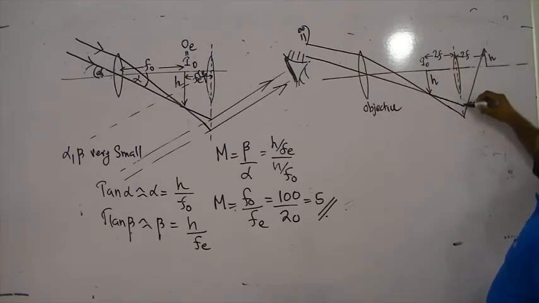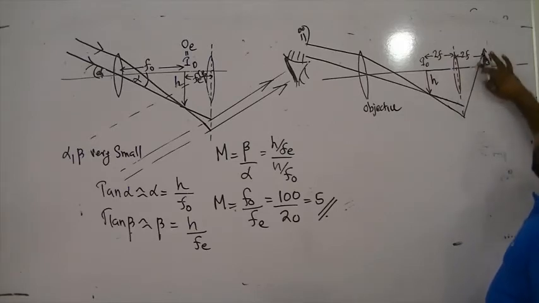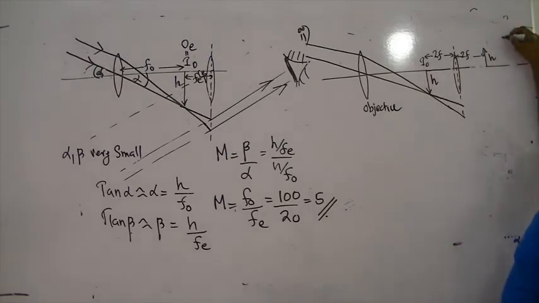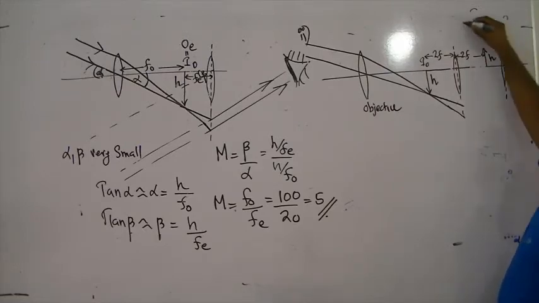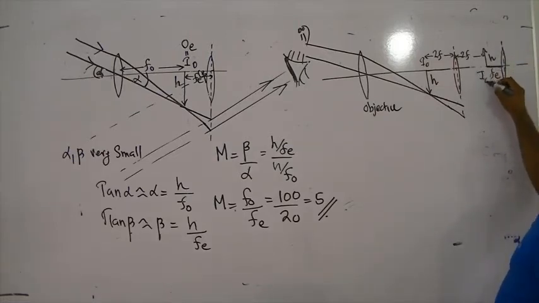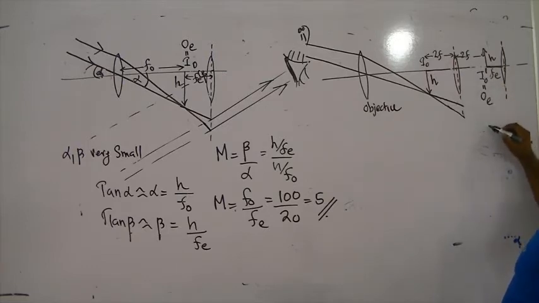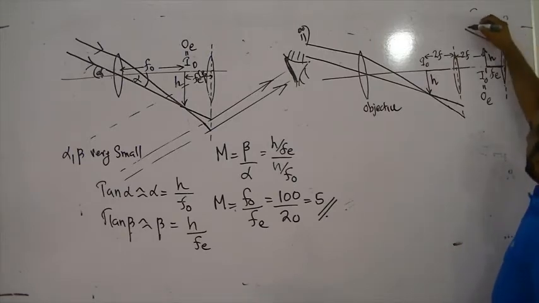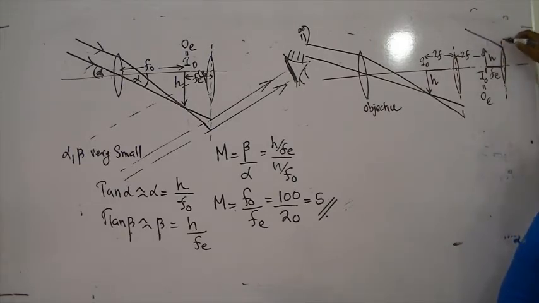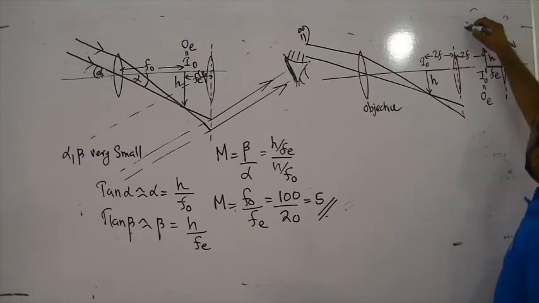Something that comes on top will be at the top, something that comes at the bottom will be at the bottom, like that. So something like this. Then you have the eyepiece somewhere here, so that the final image is at infinity. This is the focal length of the eyepiece. I0' is the object for the eyepiece, and therefore the final image is at infinity. Light rays seem to come from there, from infinity.